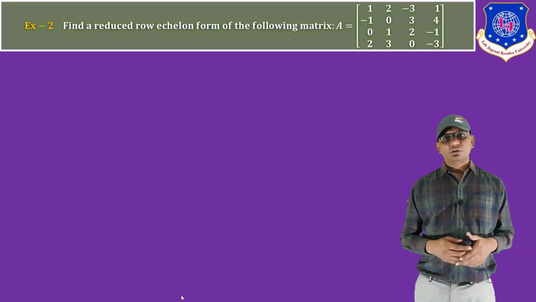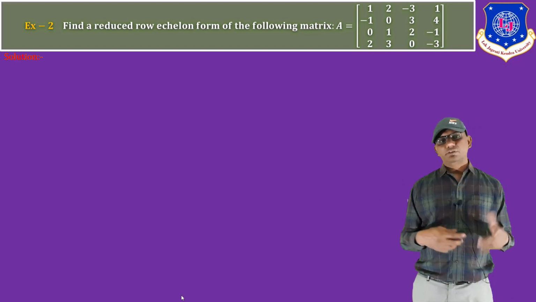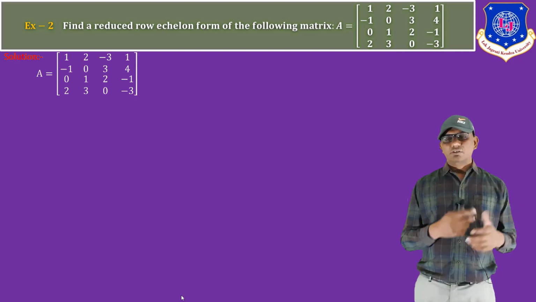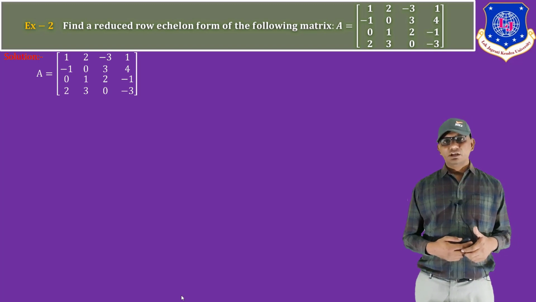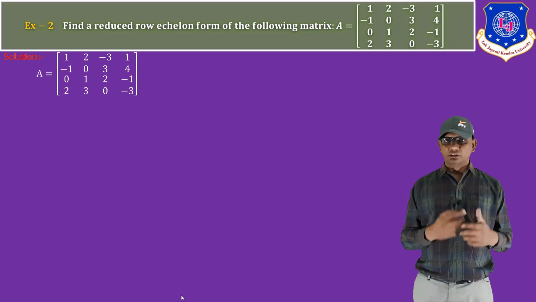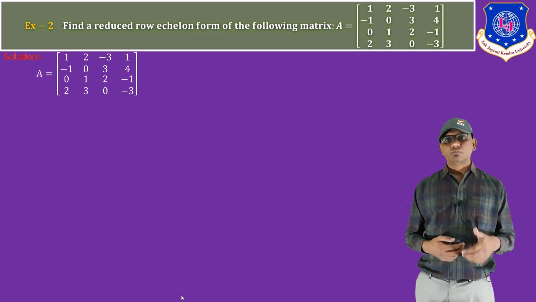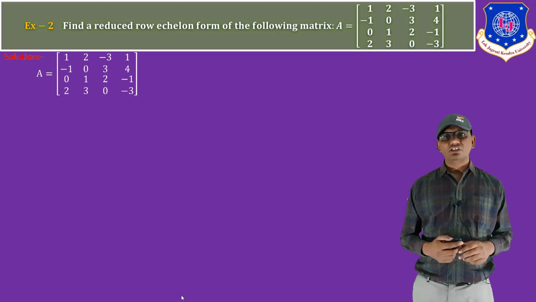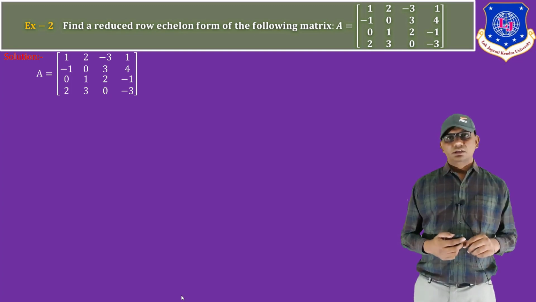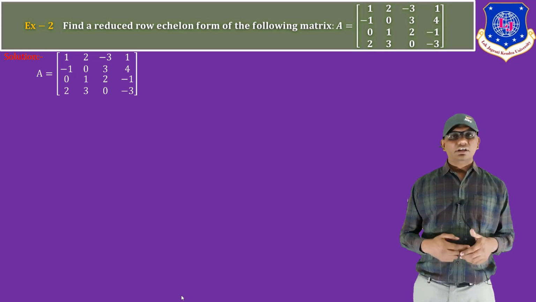In this example we have to convert the matrix into the reduced row echelon form and find the rank. So here we first write down the matrix. Our original matrix is this. Here we can see that the first row, first column entry is 1, and below that 1 in the first column, not all entries are 0. The third row entry in the first column is 0, but the second and fourth rows don't have a 0.